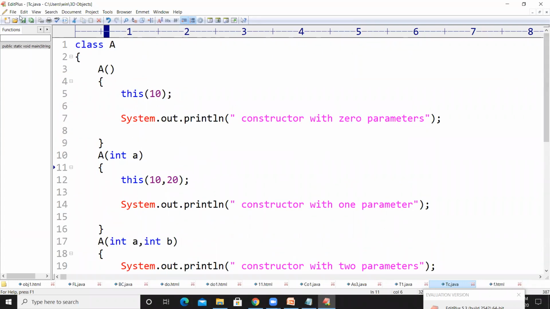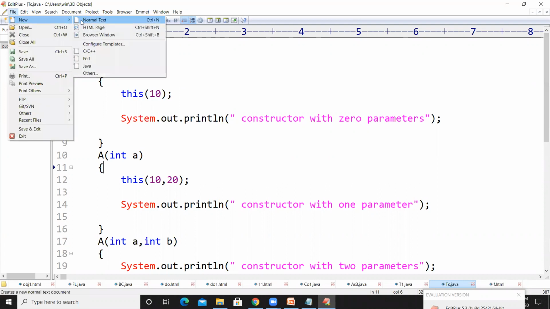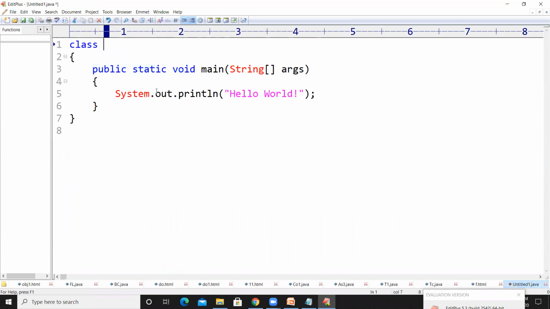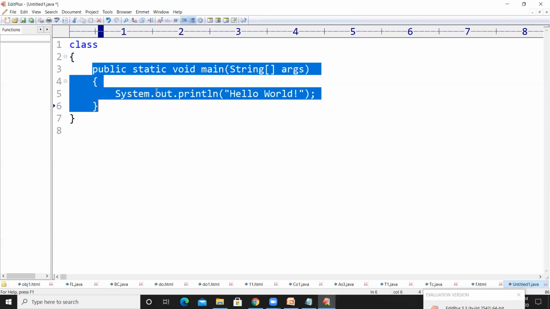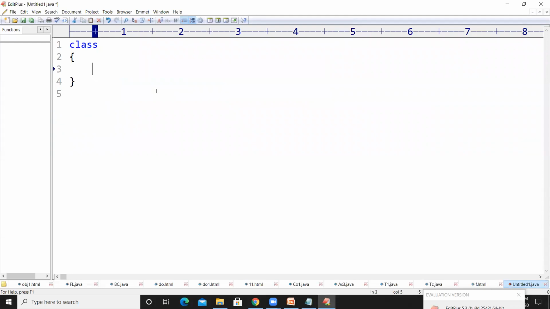Now in today's session, we are going to see the usage of the super keyword. Let us take two classes here. Let us start with class A. Inside class A, for example, we have a variable a, and then we have a method m.